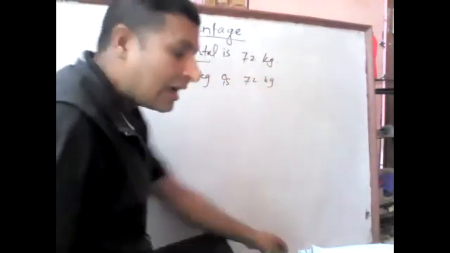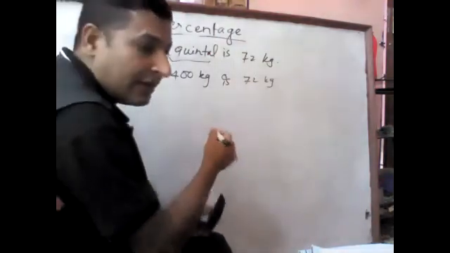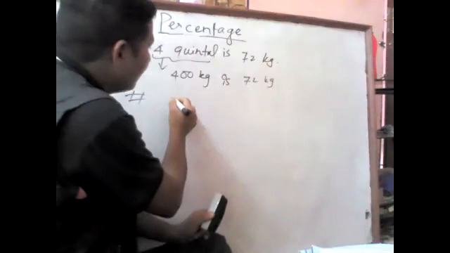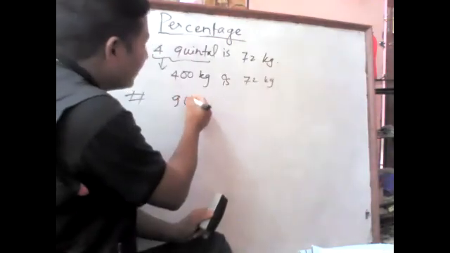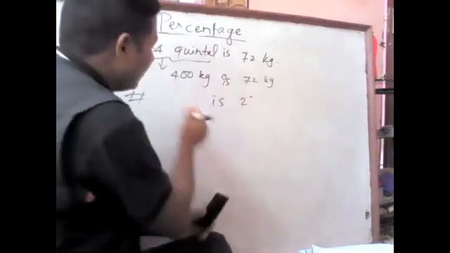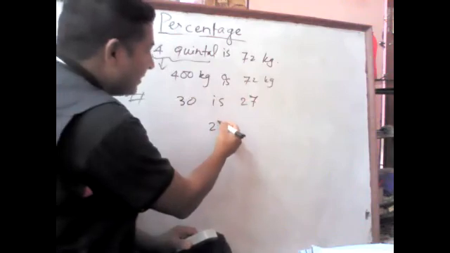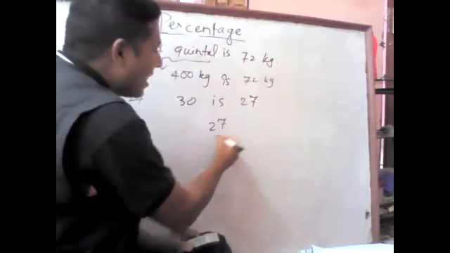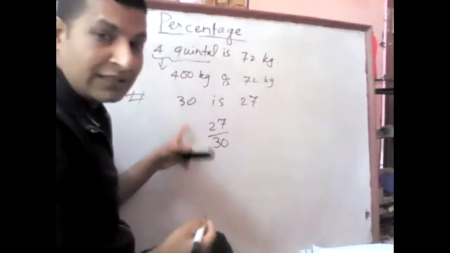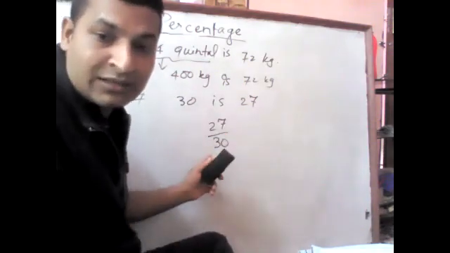Similarly, for what percentage of 30 is 27, you can do it like this also: 27 out of 30. We are talking about the previous question. Okay, we can do